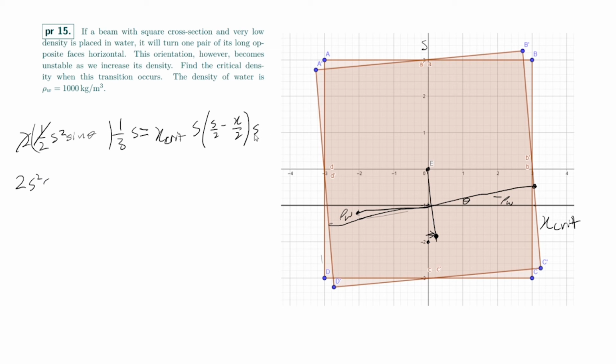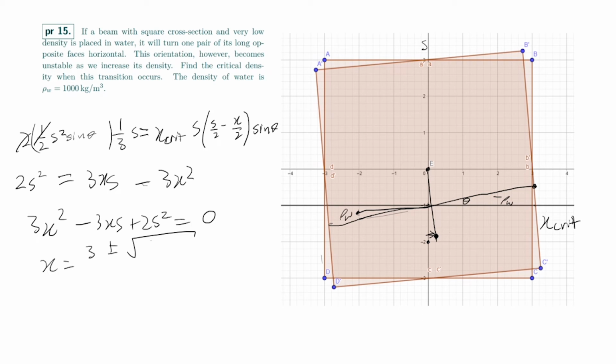Oh yeah, and we also have to multiply by sine theta, of course, and canceling sine theta, that gives us 2s cubed is equal to, and let's cancel an s here, so it'll make it s squared, is equal to 3x critical, 3xs minus 3x squared. So 3x squared minus 3xs plus 2s squared is, you guys see, I realized I just made a mistake here from back here,